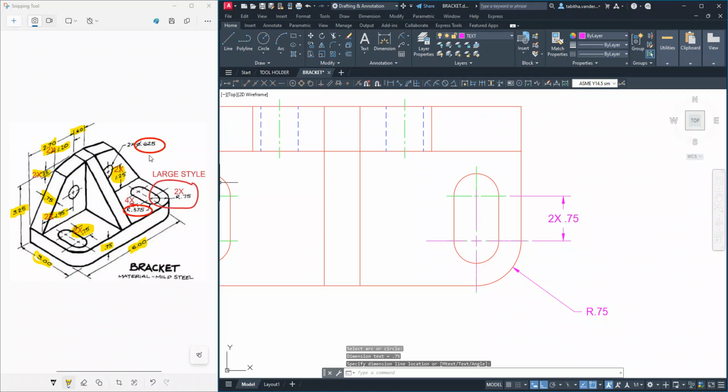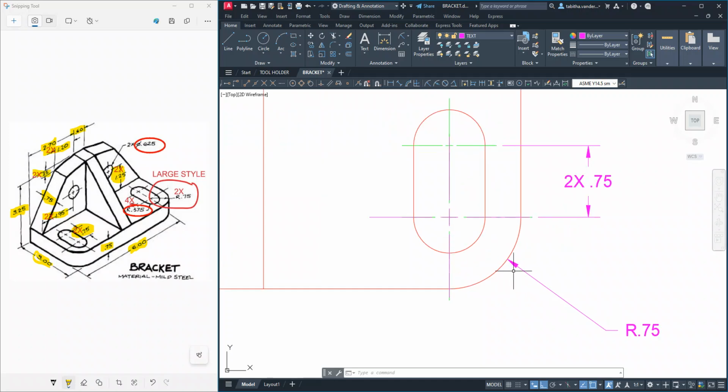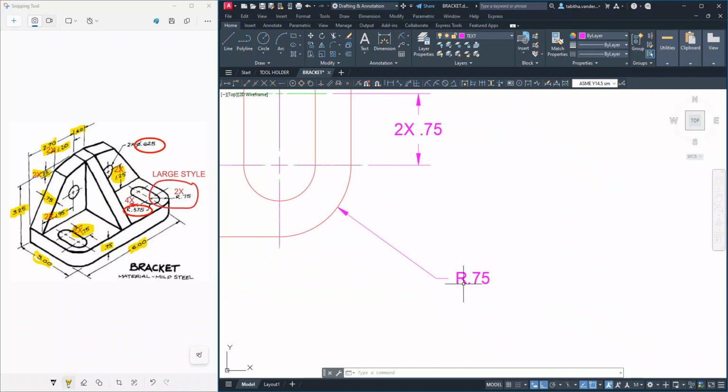Now, this picture right here points out that this is the large style of radius. And what that means is, what I actually am going to want is I want my arrow to be coming from the center mark, the center point of that circle, out so that the arrow is touching the inside of this arc. It's just a style thing when you have a bit of a bigger circle. It's a little more clear. So the way we're going to change that is